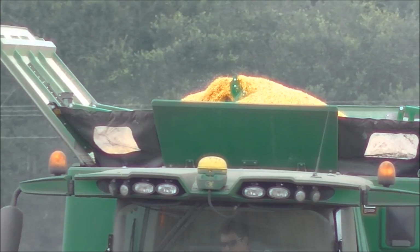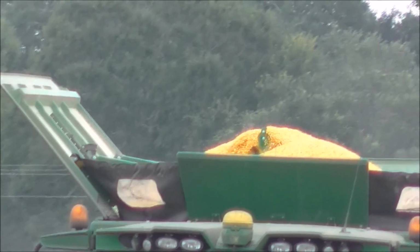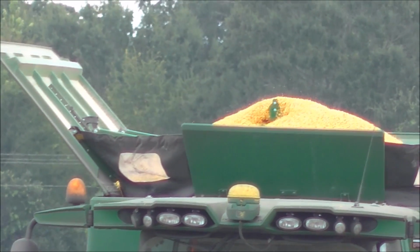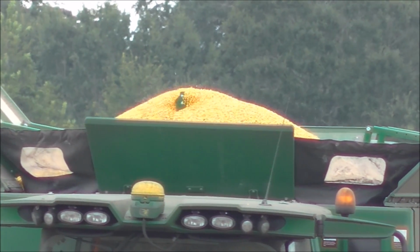I don't think there's a prettier sight than seeing corn bubble up in a grain tank. Unless you're the one selling it at the grain elevator, and I'm sure you like to see it going into the elevator a little more, but